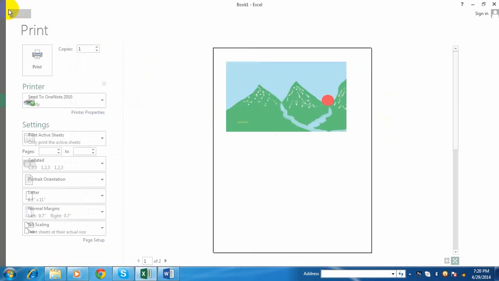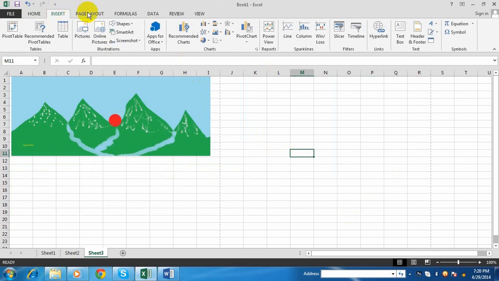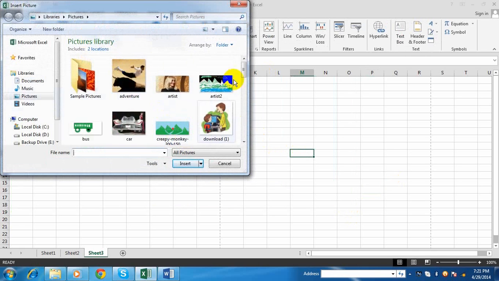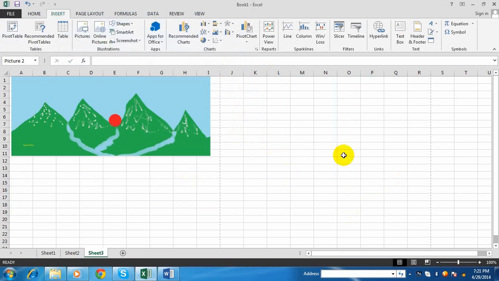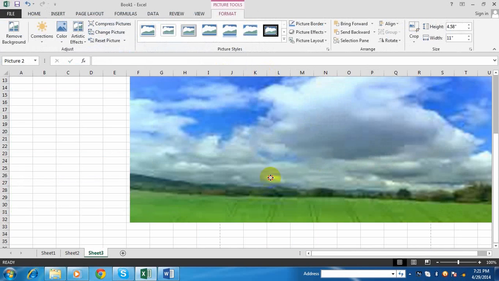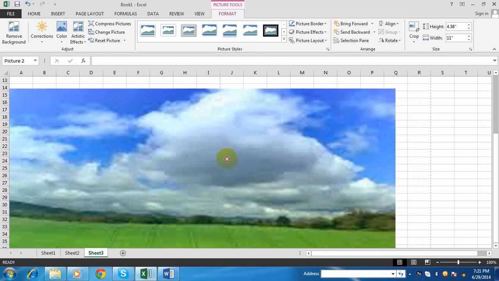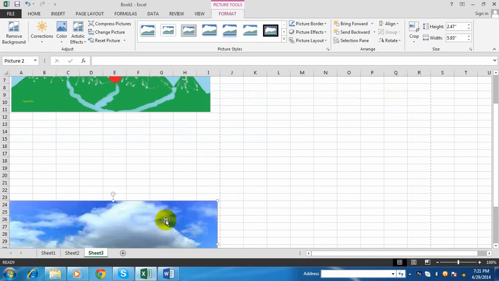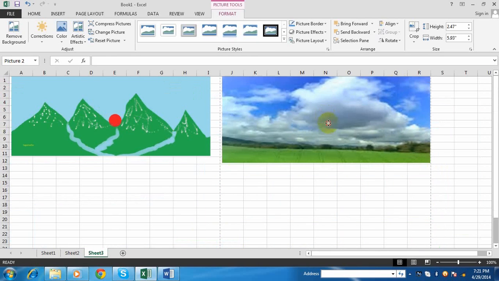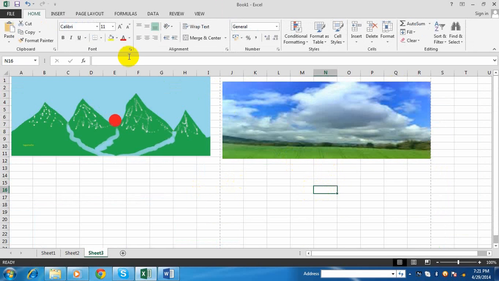Now let's go back again. You can insert more pictures. Click on Insert. Click on Picture. Choose any one picture that you want to insert here. Here I have chosen a valley picture. Click on Insert. See, another picture has been inserted. A double-headed arrow has appeared. Just place your left mouse button and drag. Resize the picture, placing the mouse pointer on the border. Drag the mouse pointer, holding the left mouse button. See? Here we can insert pictures like this.